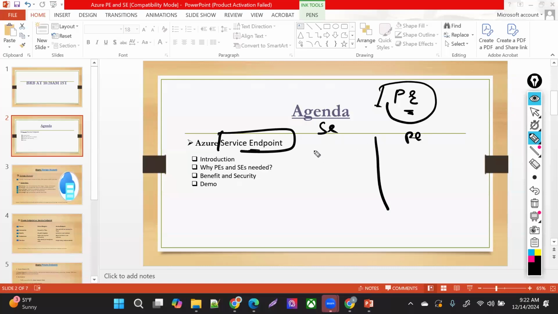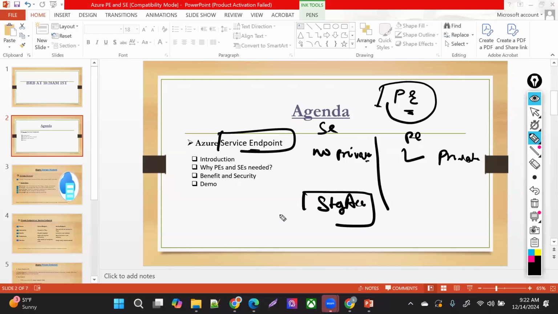But with a service endpoint, you won't be blocking access to services from the internet, like let's say a storage account. Here I can block access from the internet and access it privately, so private access I can provide here. But with the service endpoint, there is no private access, though there is a more secure way to access your endpoint. What I mean by that, think about it: again you have the storage account. We talked about the storage account, so I'm just taking that example.